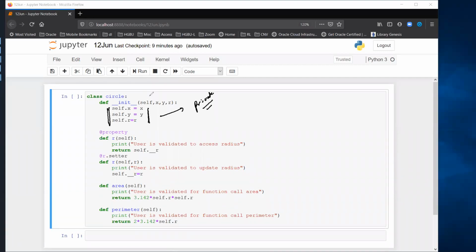So the first thing which we did, where we just had self.x equals x, self.y equals y and self.r equals r, it was not private. The user was able to access these parameters outside this class directly